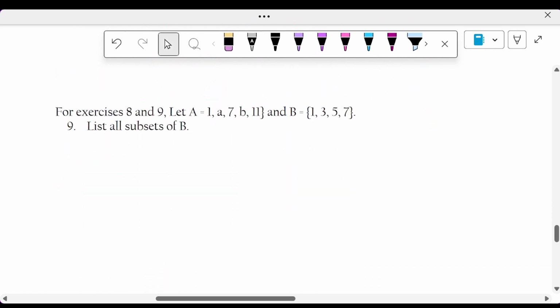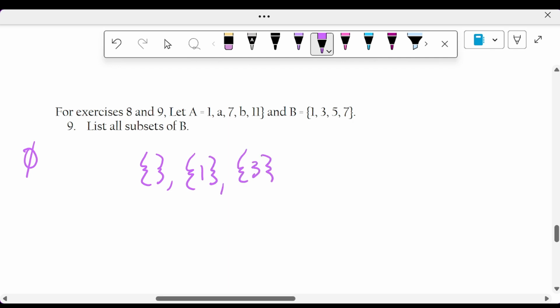Question 9. List all subsets of B. So we always start with the empty set. Remember, that can also be written like this. Then we do single numbers, so 1, 3, 5, 7,